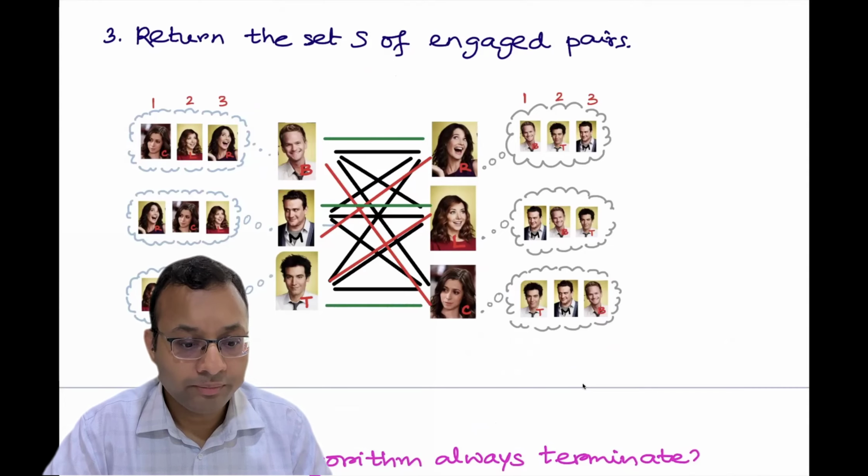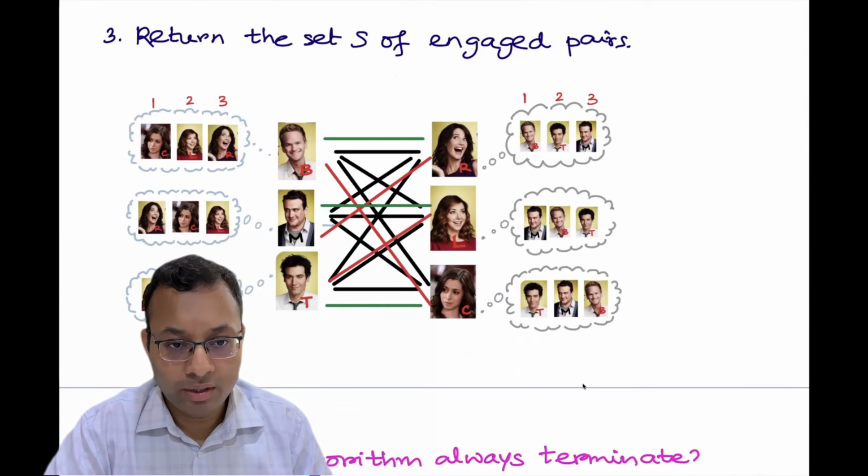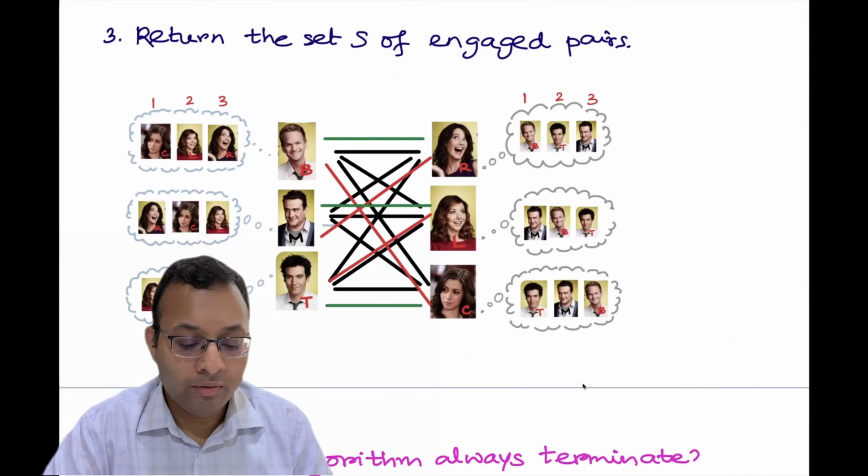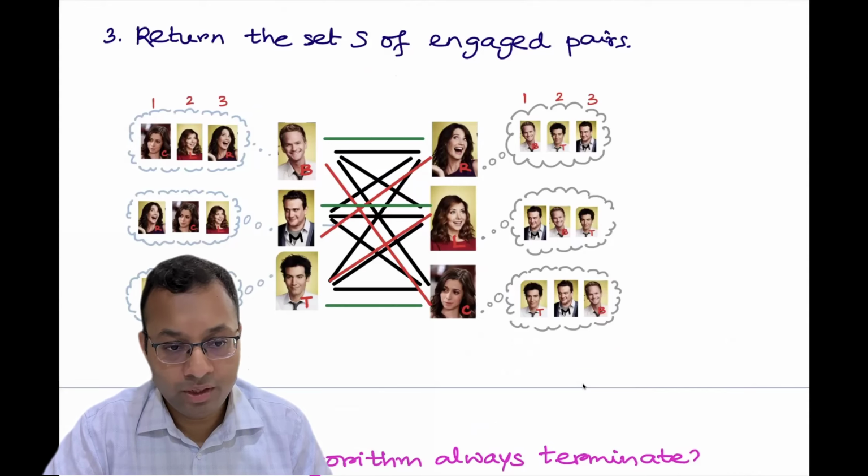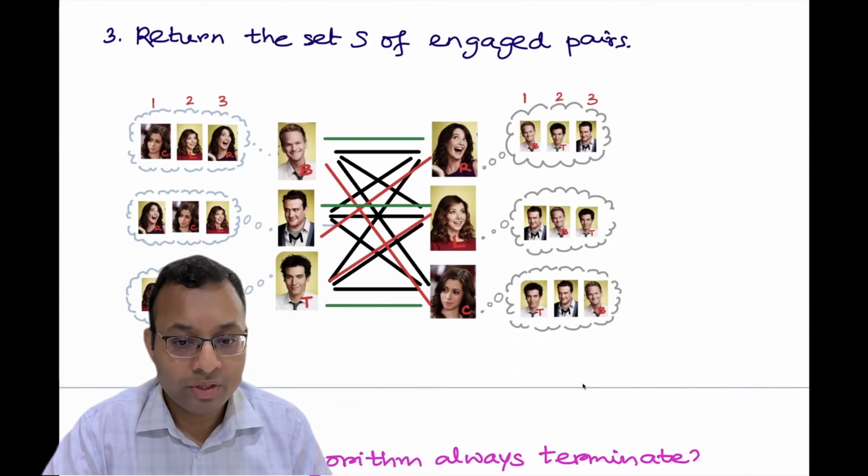So in the algorithm, we saw that even if we change the order, for example, instead of Bernie proposing first, first Marshall proposes and then Ted and then Bernie, we'll get the same matching for men. So if men propose in any order, we see they're getting the same matching for this instance. Is it always true? That's not clear. And for women also, if women propose, we get a different stable matching. But again, if we change the ordering, we still get the same matching. And we are not getting the third stable matching where everyone is getting their second preference. So what kind of stable matchings we are getting from the algorithm, that we have to study.